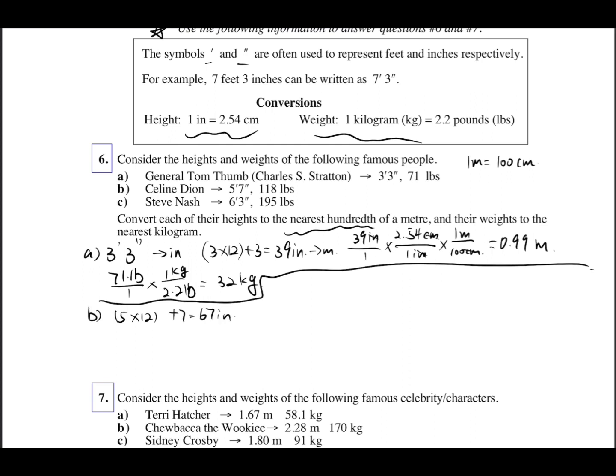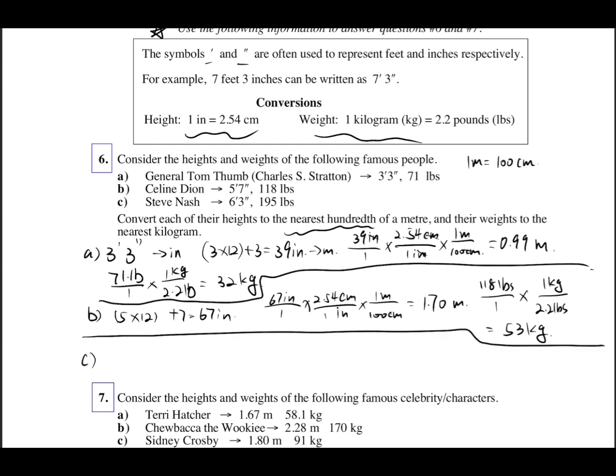inches. Then 67 inches divided by 1, times 2.45 cm divided by inch, and times 1 meter divided by 100 centimeters equals 1.70 meters. And then for the pounds, it's 118 pounds divided by 1, times 2.2 pounds and 1 kilogram, so it equals